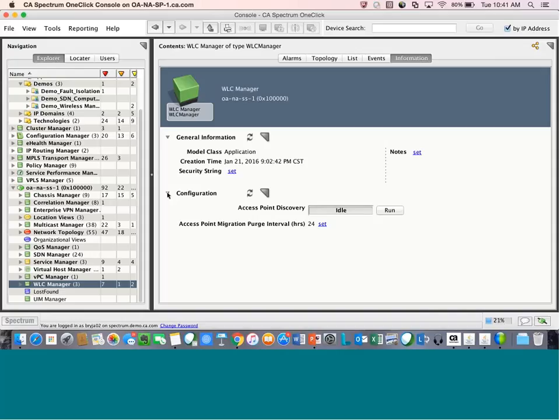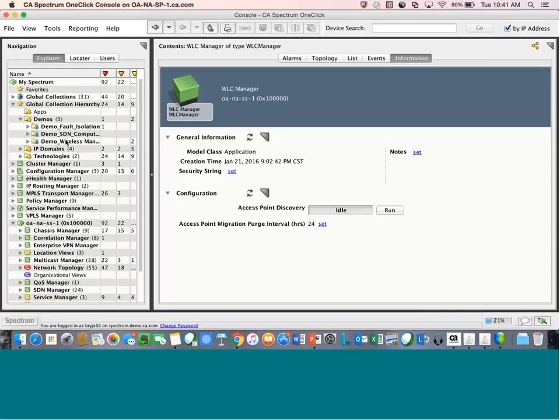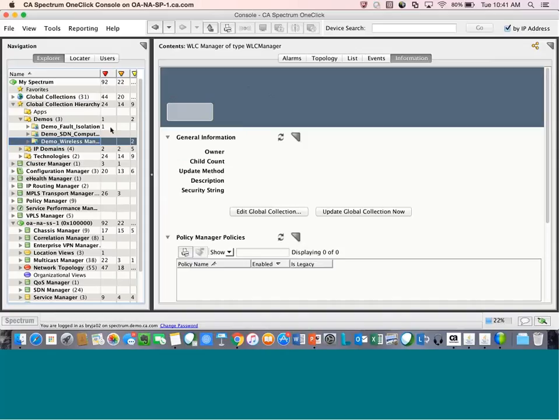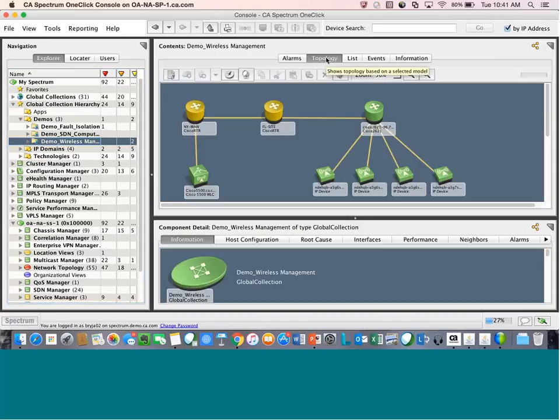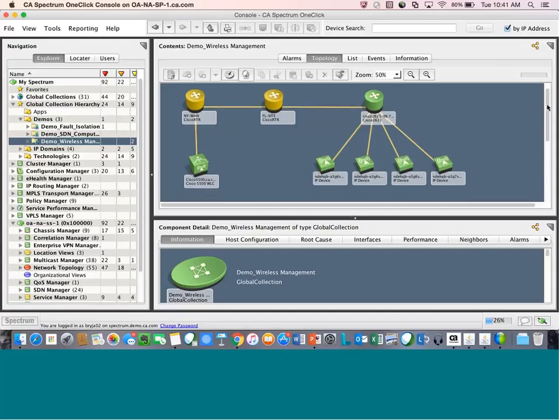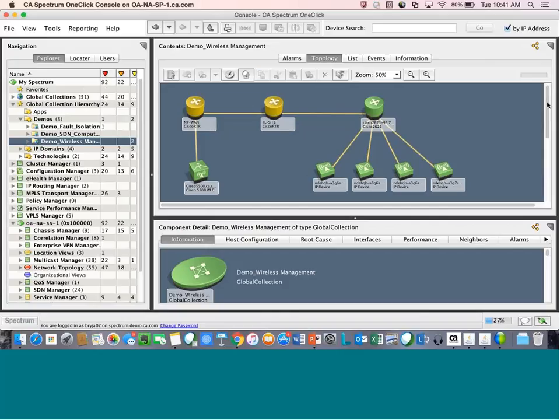Once it's discovered, Spectrum is going to pull the wireless LAN controllers based on whatever specified polling level, and then it's going to add in any new APs that it found. So any new ones that are there, it'll automatically add into your environment. If the upstream switch, router, or device that these access points connect to is there, it'll automatically model the connection up into its upstream device.